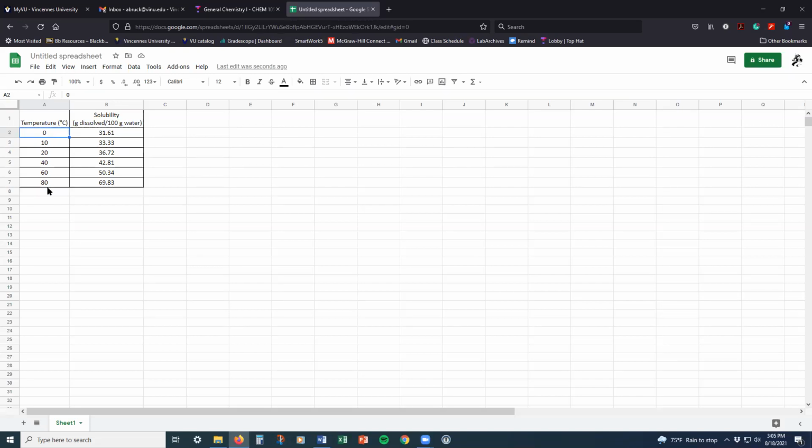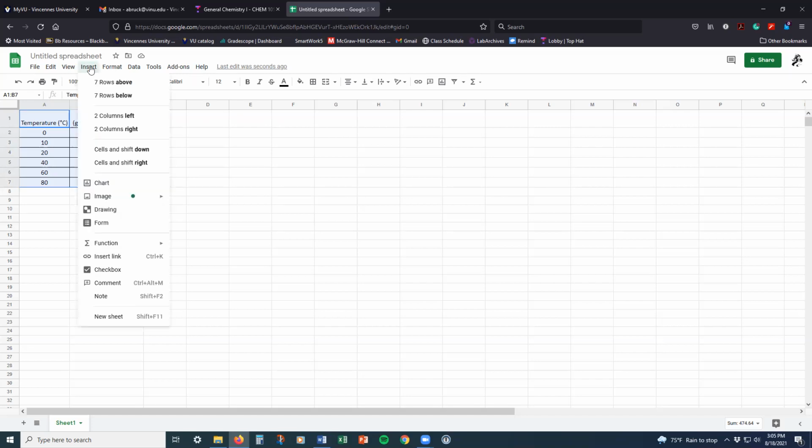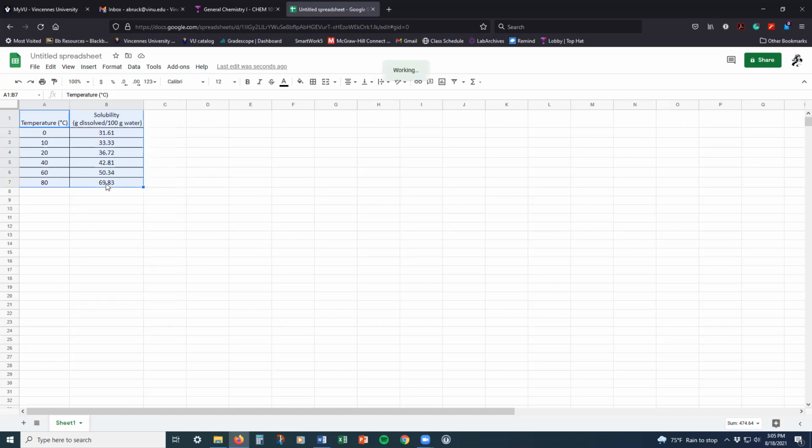So I've got my temperature data. I've got my solubility data. Let's do the first things first. Let's draw a graph. Now in Google Sheets, drawing a graph is relatively easy. I'm going to click and drag over my data, and I'm going to go to Insert, Chart,